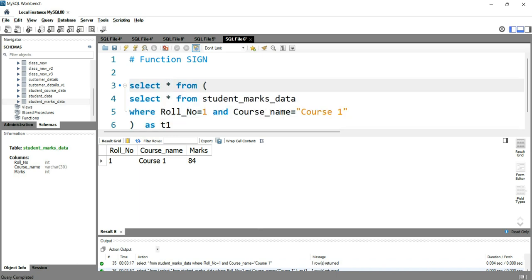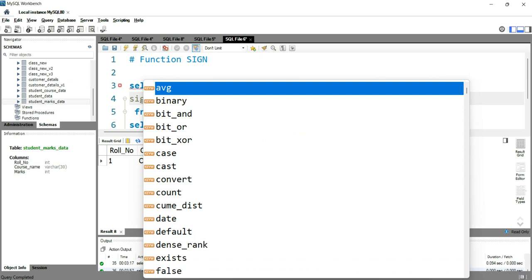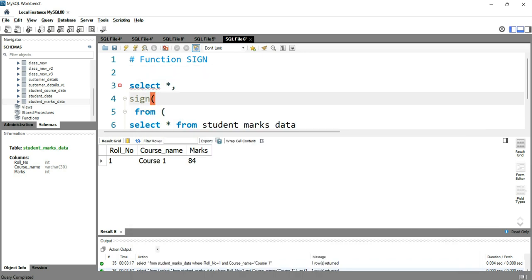Now I have to use the sign function here. So I can simply write sign, and then put this marks column over here as check. I have given check as the name of this column.